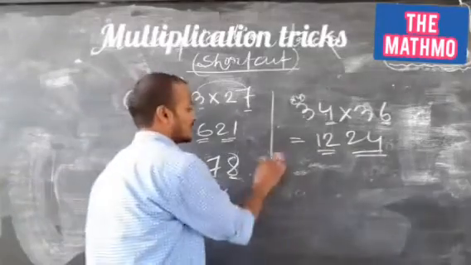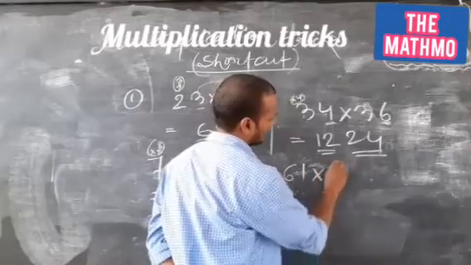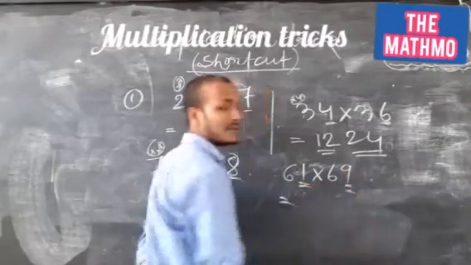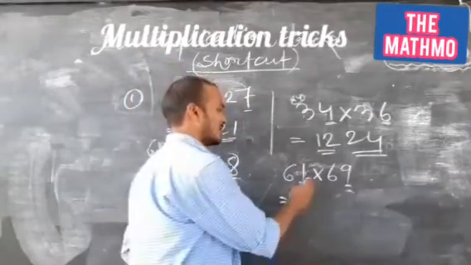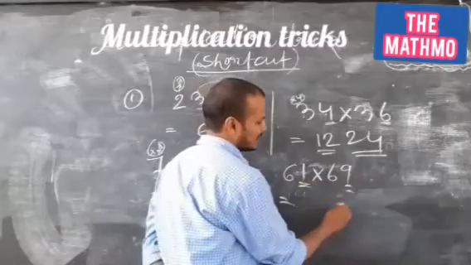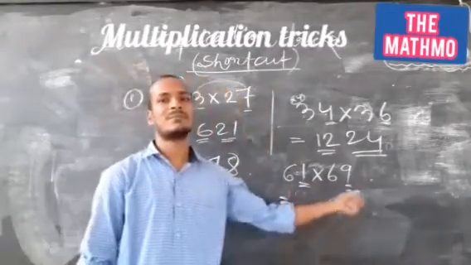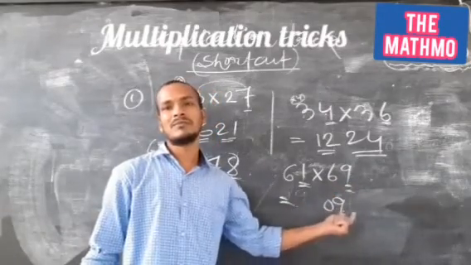So now there will be a special case. If we see this one, 61 and 69. You have to multiply 9 and 1. And remember, you have to write this as two digits. When you multiply 9 with 1, it is 9. Make it two digits. Put a 0 before 9. When your product comes as one digit, make it two digits by putting 0 before the digit.